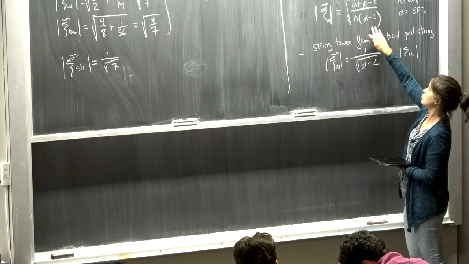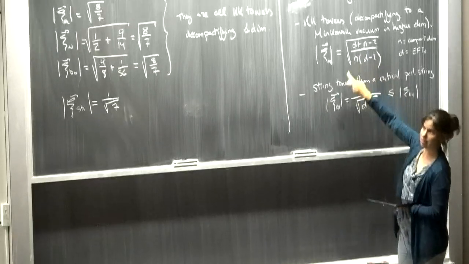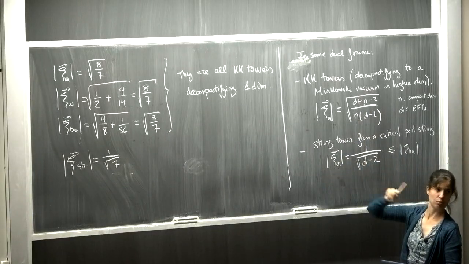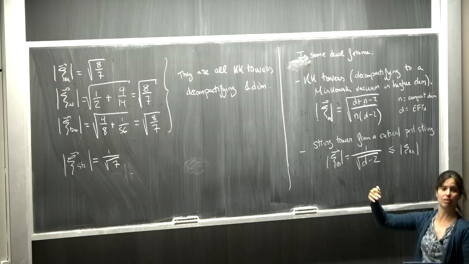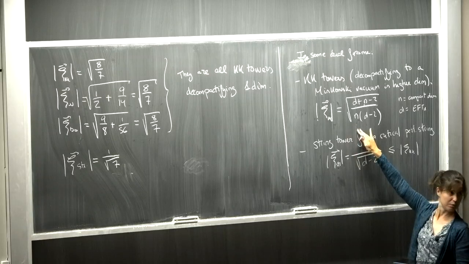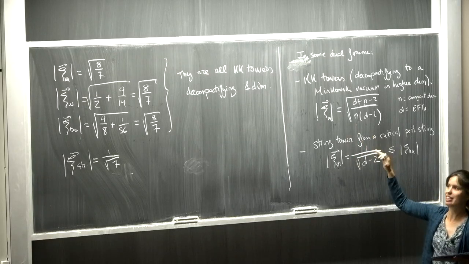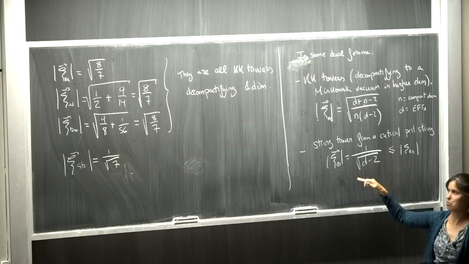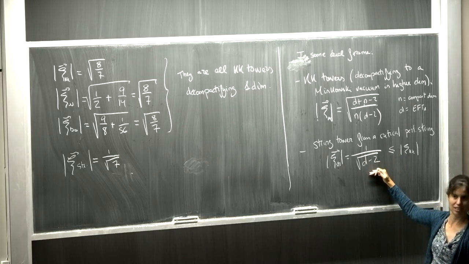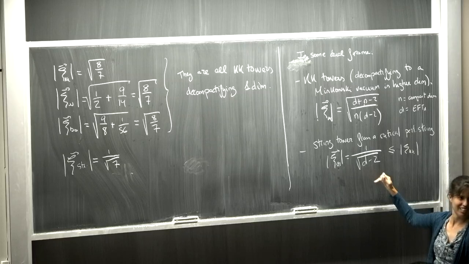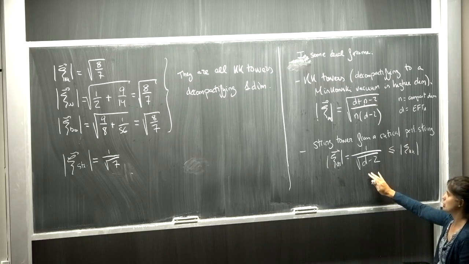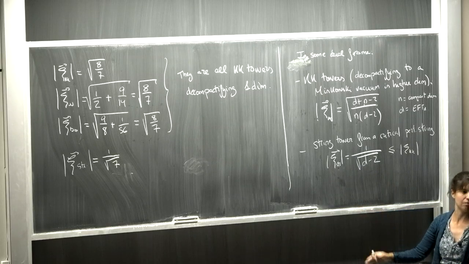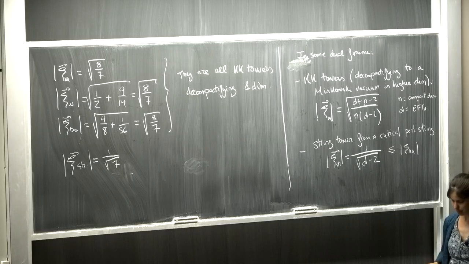The one that decays faster is the largest value here, which is when n equals 1, what we computed here, when you only decompactify one dimension. If you start decompactifying more dimensions, this value becomes smaller. And then in the formal limit in which you decompactify infinite dimensions, that precisely matches the value of the string. So the string gives you a bound on how small this exponential rate can be.